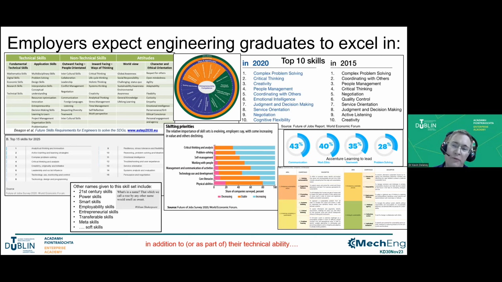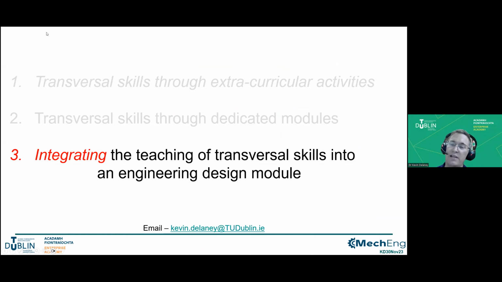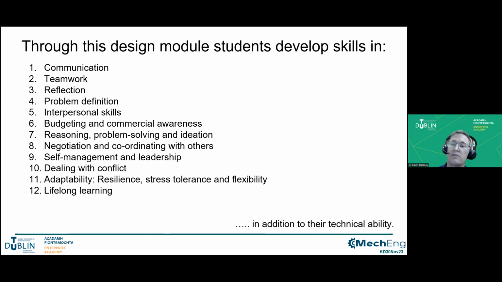And what I'm going to do now is introduce a particular module that we've used to actually integrate the teaching of transversal skills into the module. It's important to note that this is just one module that the students will do. All of the students on our engineering program have to do it, but it is only one of the modules through which we try and help the students to develop these transversal skills. It's very difficult to define transversal skills. So what we've done is we've put together a list of what we think the students are going to get out of the module. And again, I'm looking very much at a micro level. This is a module level. It's not looking at the macro level that Kieran is looking at.